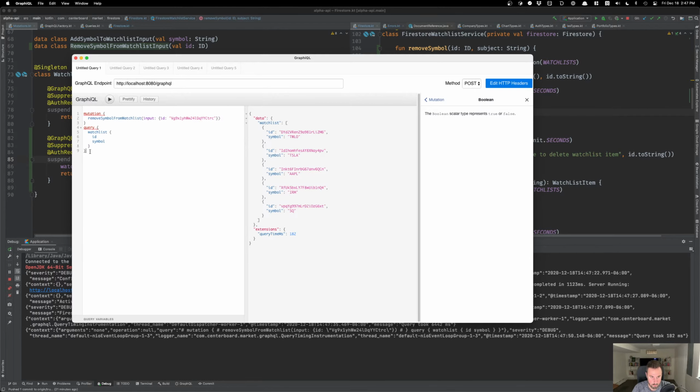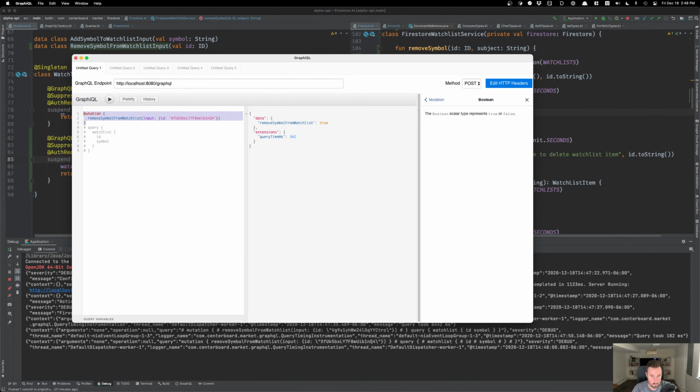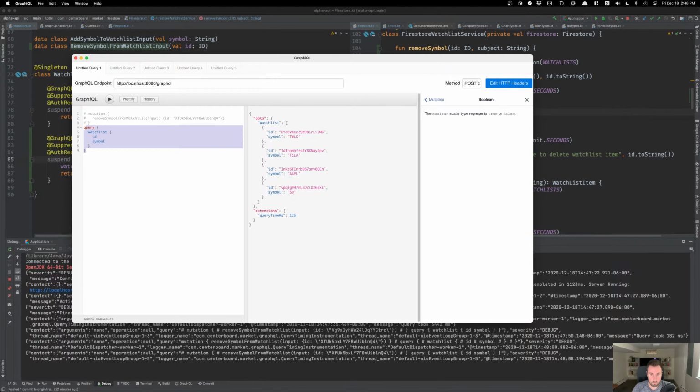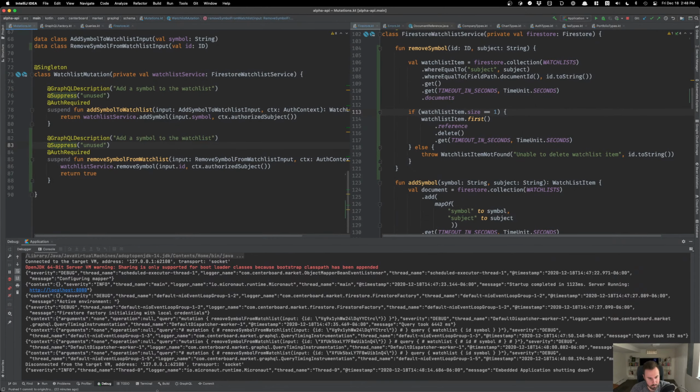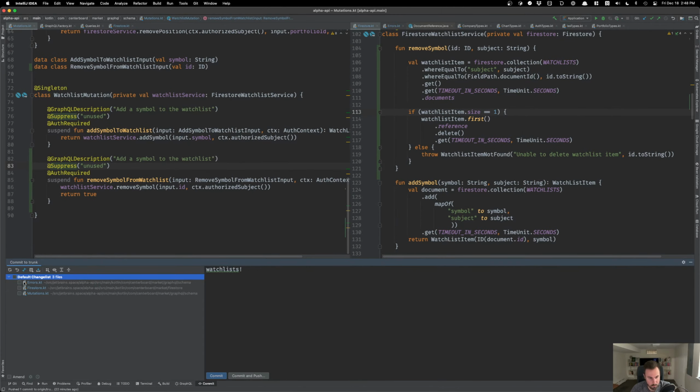Let's remove the other one just in case. But this should do the trick. And it's gone. Okay, so that's removal. So removal works. Now we can go ahead and add that, deploy it, and add this to our